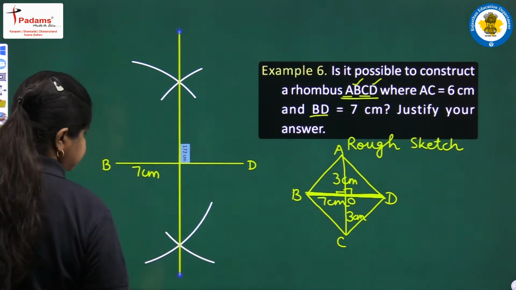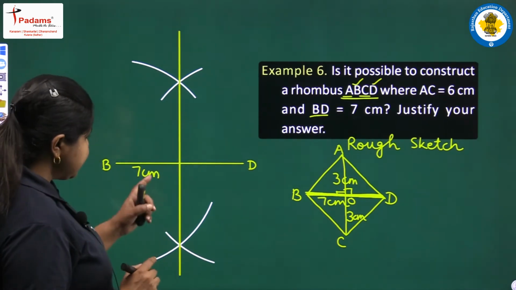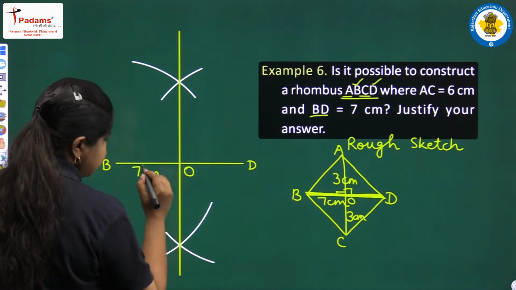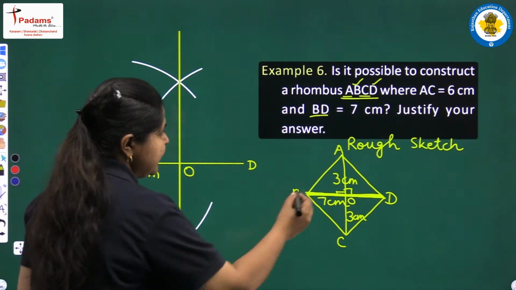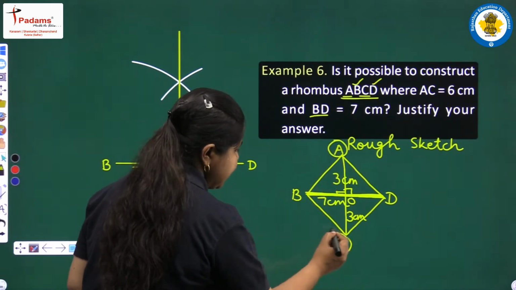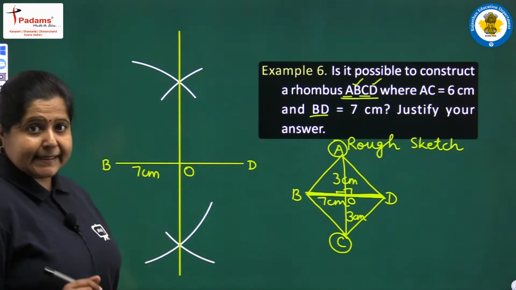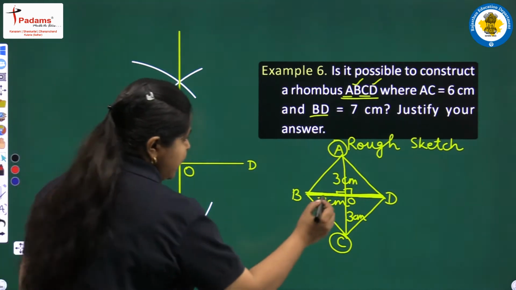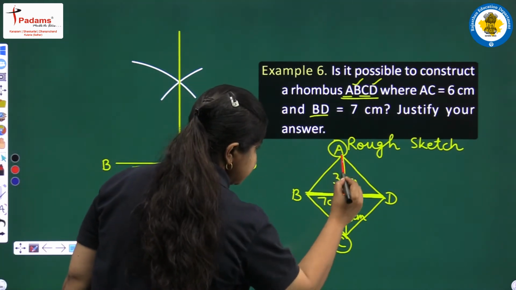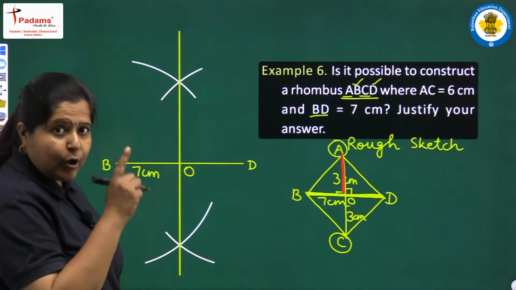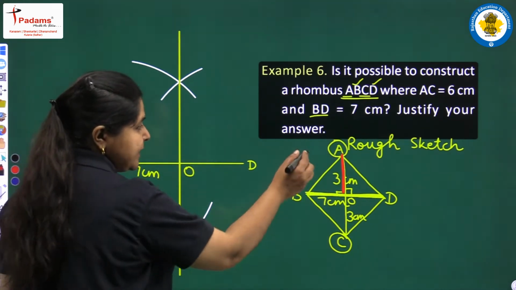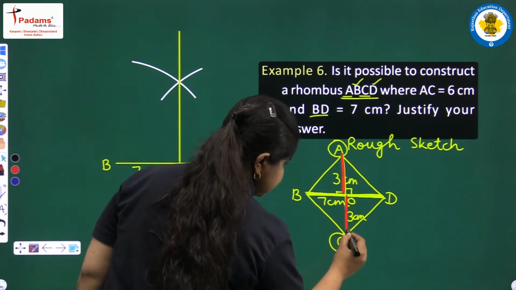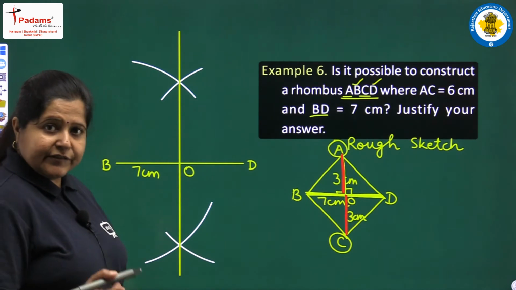In this way, you can see, and let us name this point as O in the center. Next, what we need to do, we have to locate this point A and C on this perpendicular bisector, and the distance we can see is this red distance above BD. This is of length 3 centimeter because the total length is 6 and the above length is half of it, 3, and this length below BD is again 3 centimeter. We will be using it here.